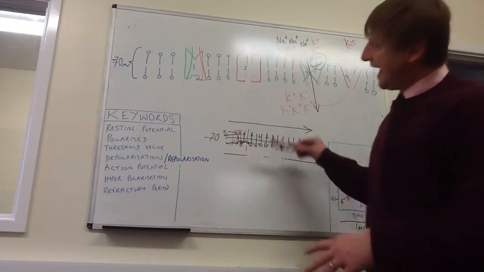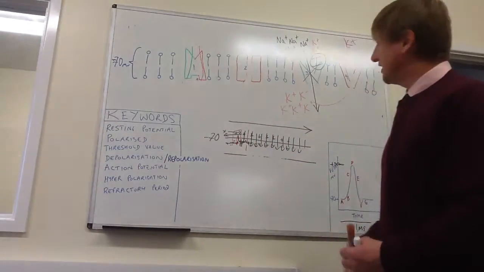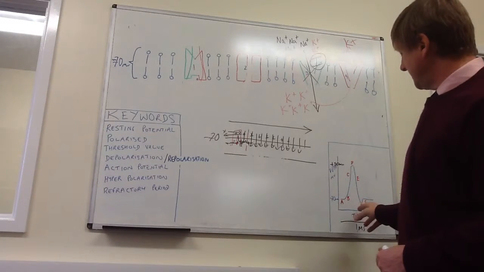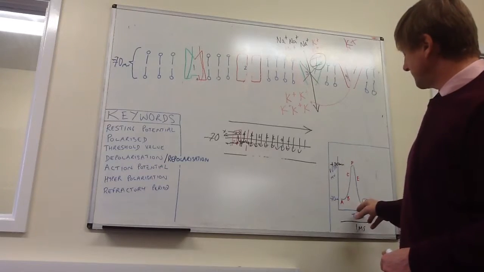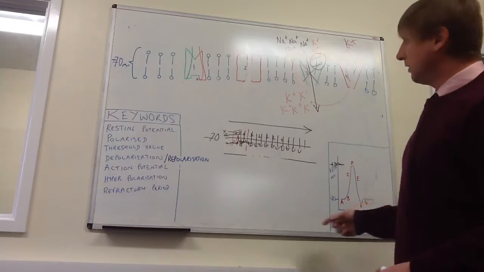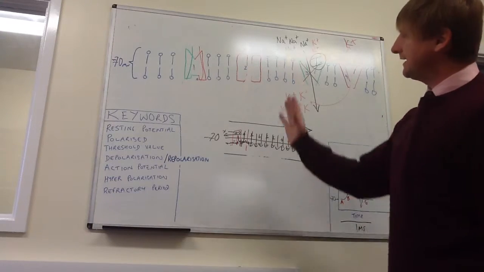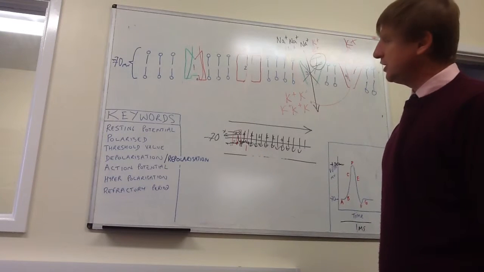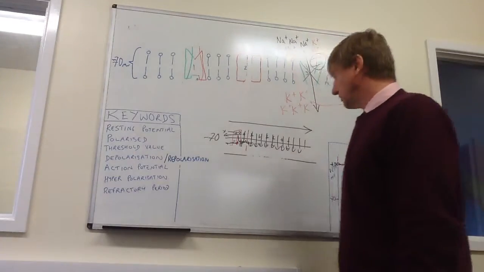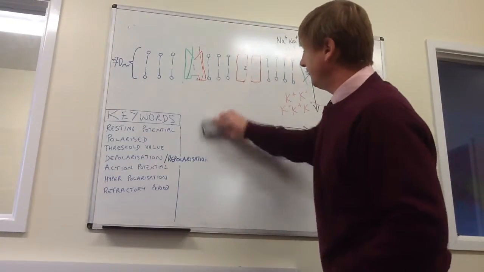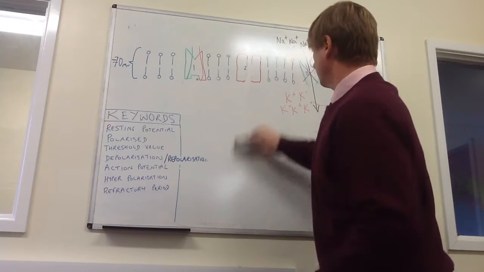So that is the ionic movements of an action potential, very much dominated by the voltage-gated channels, and then this last hyperpolarization at F is reset by the continued pumping and leaking of proteins 1 and 2. And if you saw my resting potential video, you'll know what they do. So that is an action potential in terms of ions. Now, the last thing to say about this is that as well